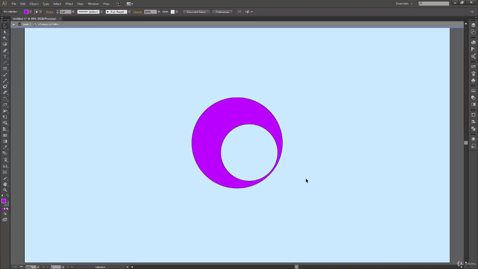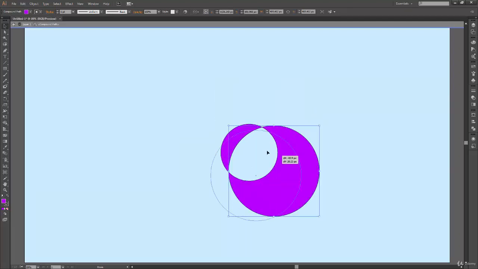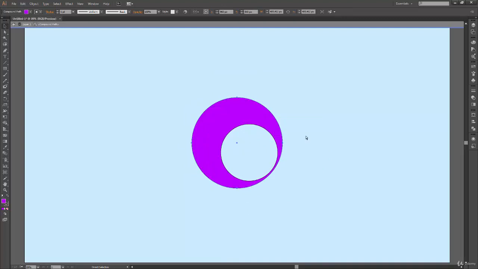If you create multiple shapes of this kind and have different fills on these shapes, then you will be able to create a variety of designs using this technique itself. Also, you have the freedom to click on the outer shape and move it too. So that's how you can go into isolation mode and make changes in your compound path.